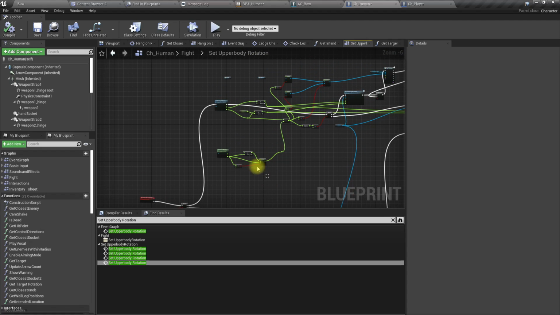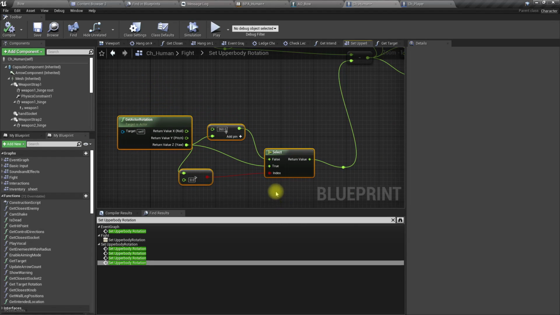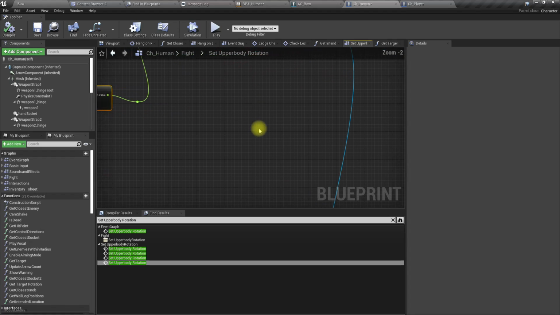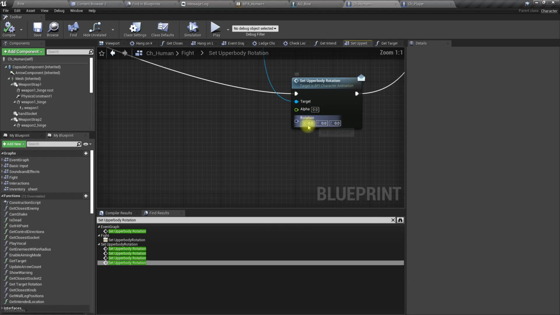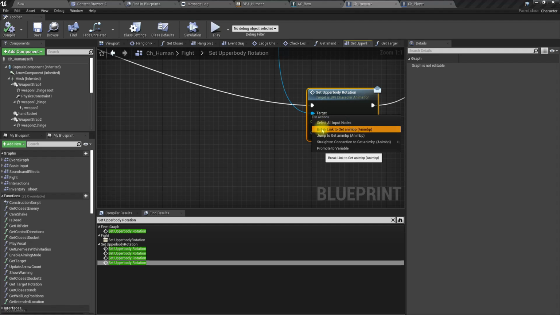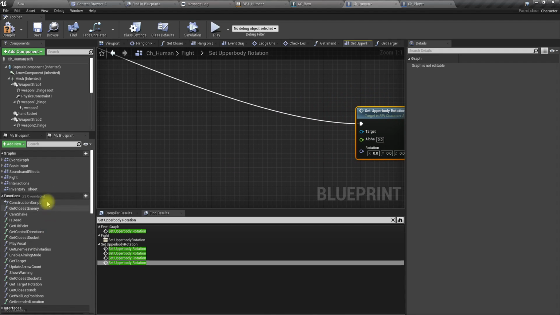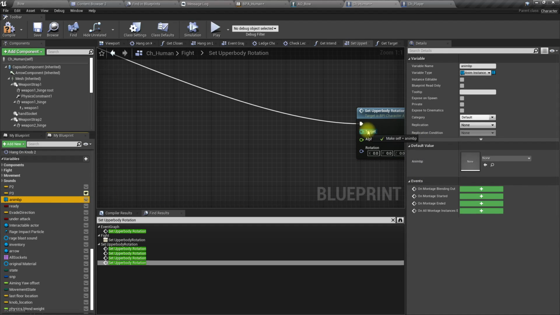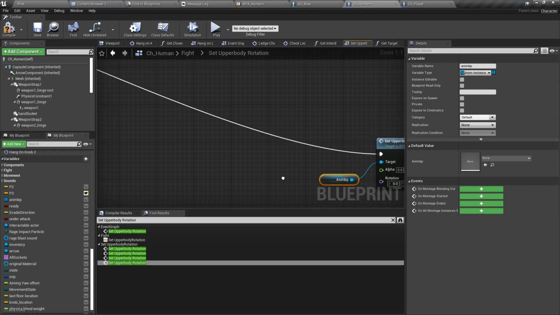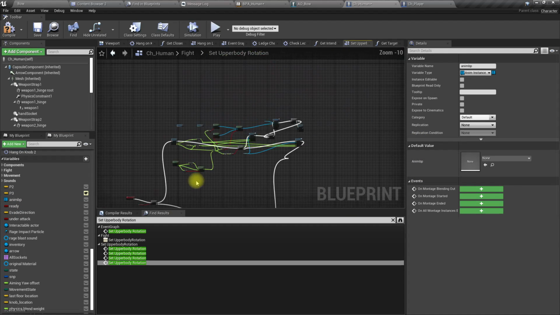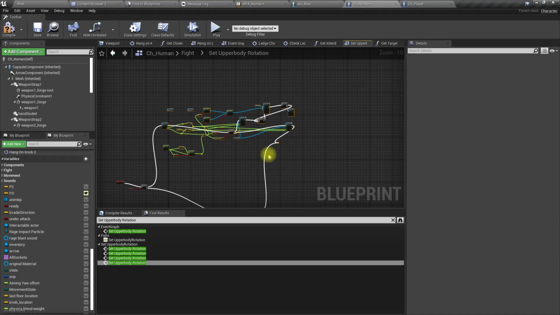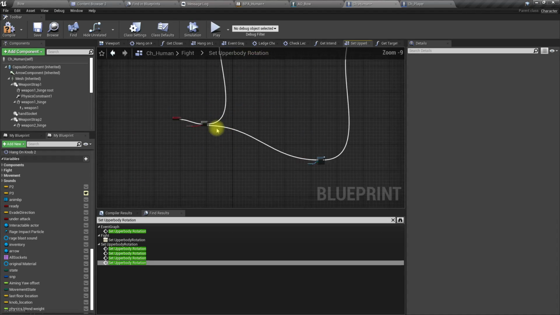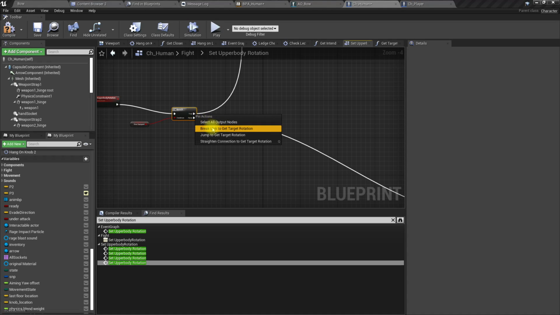Okay, now let's break this and get the animation blueprint reference, a new reference here like this. Let's completely forget about this, put it way up and disconnect here.